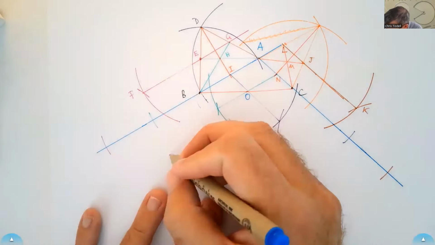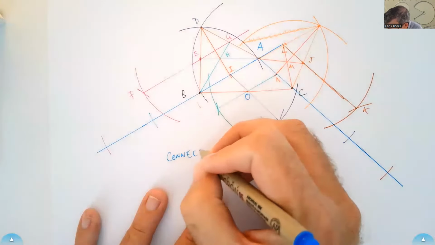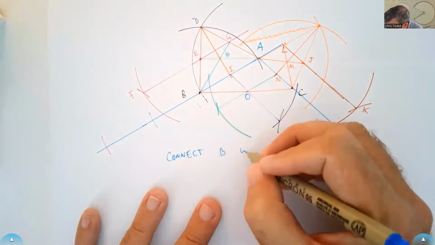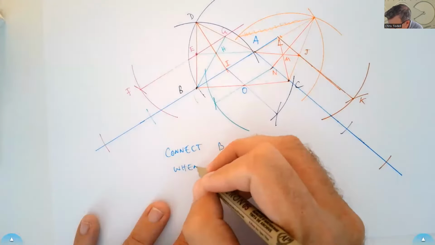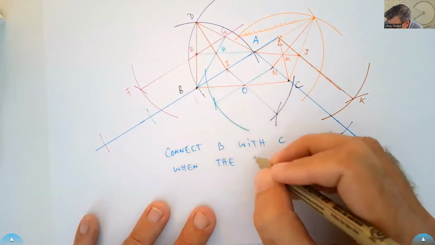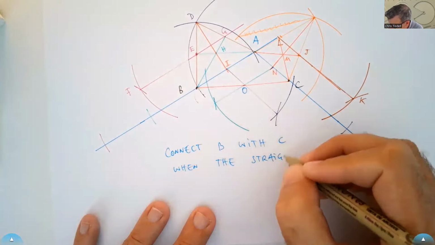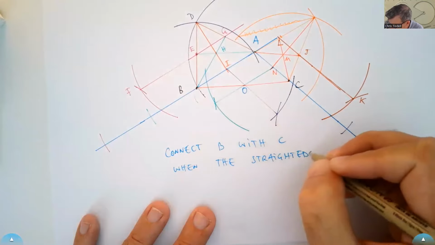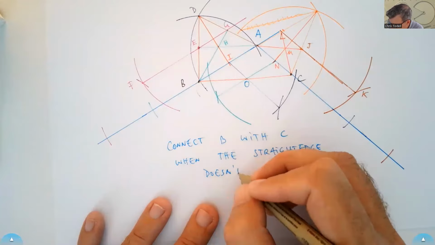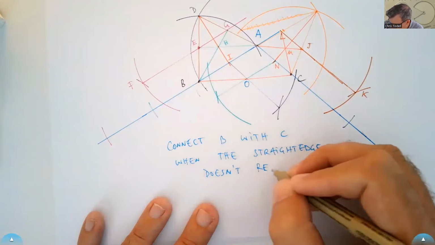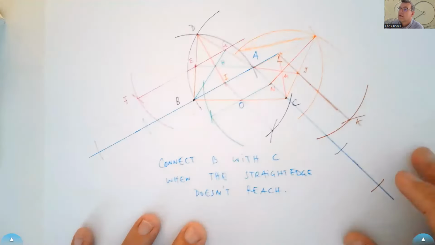So connect B with C when the straight edge doesn't reach, or is too short? Okay,